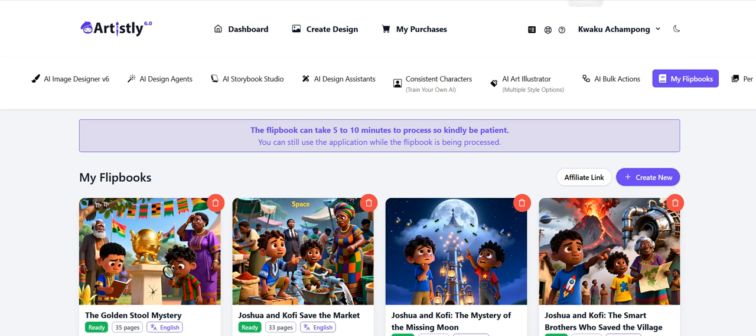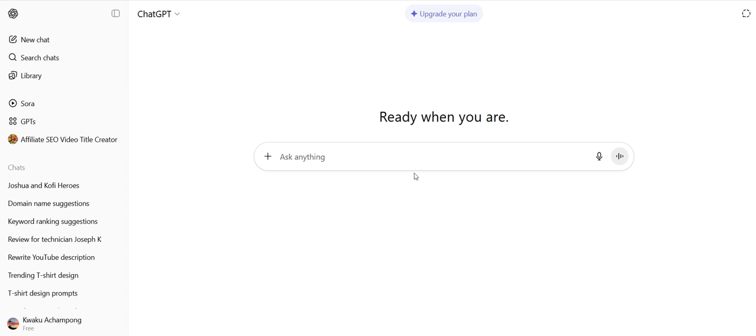To create storybooks like this with Artistly, first, you can get your script from ChatGPT, and I'll be showing you how you can get your script from ChatGPT. Once you log on to ChatGPT, this is just simple. You don't want to do so much. You can just type here that